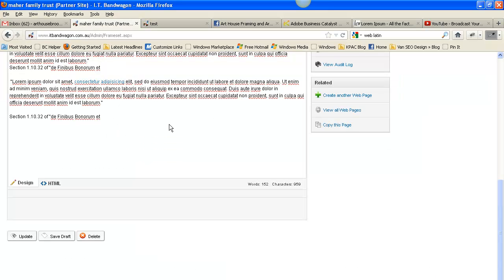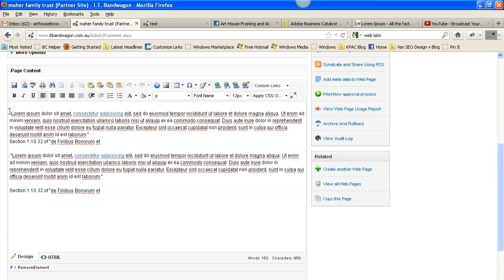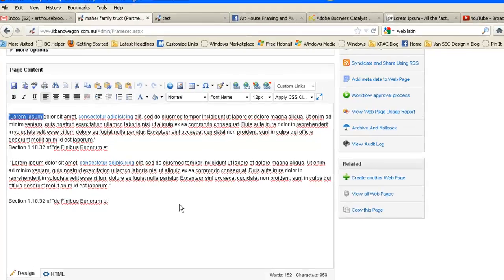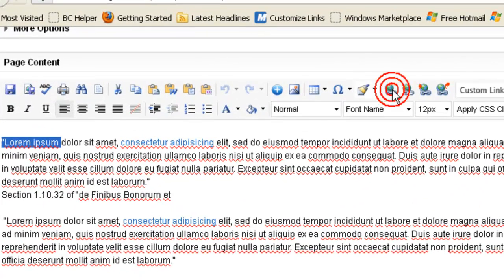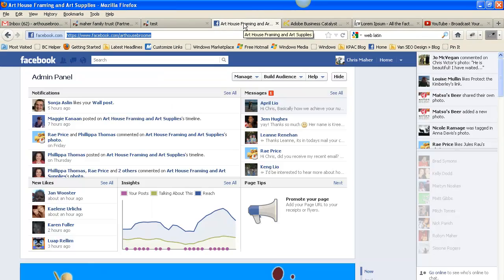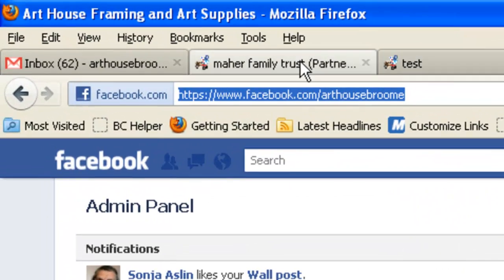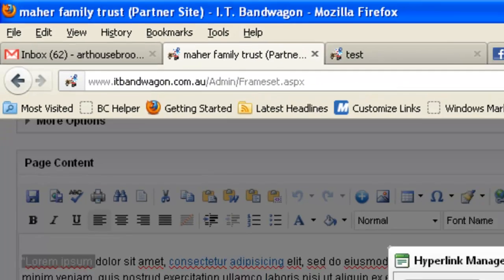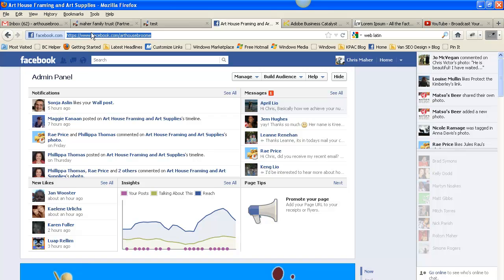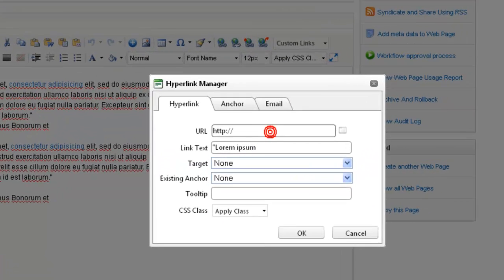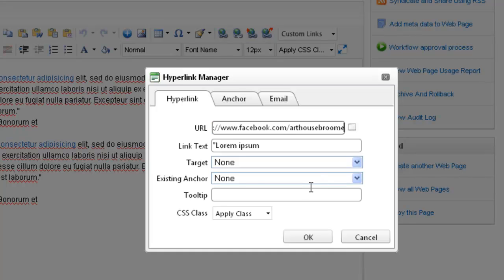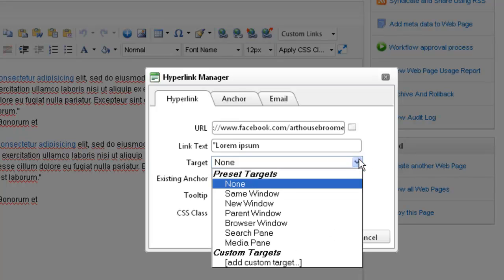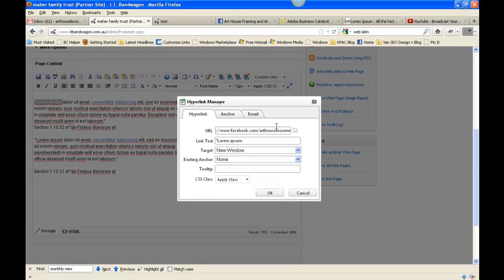Now you might want to make a link to something, maybe to an external URL. So I'll take the first two words, I'll highlight them, use this hyperlink manager. Now if you want to link to an external URL like your Facebook page or someone else's website, you simply go to that URL, copy and then paste that into this field here. And if you're choosing an external URL like I have, then the target needs to be new window, which means the link will open up into a new window, leaving your website also open so the person doesn't get lost. So we click OK,